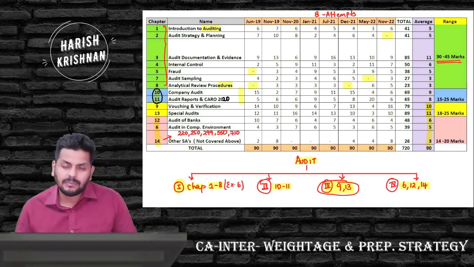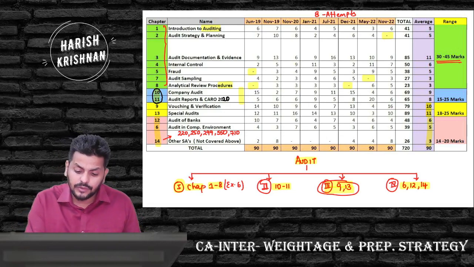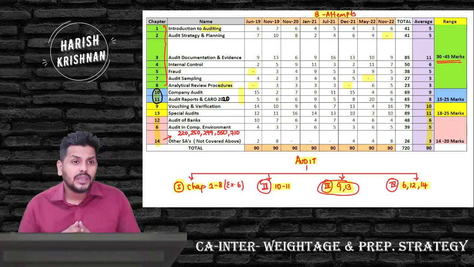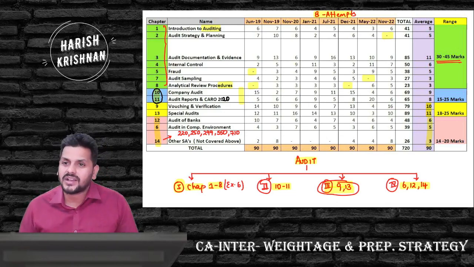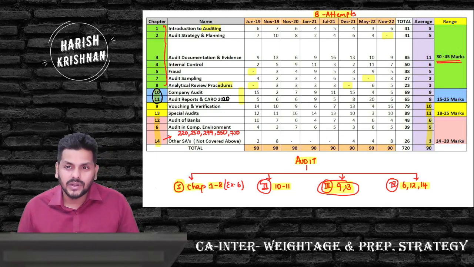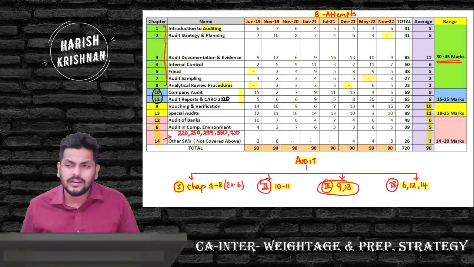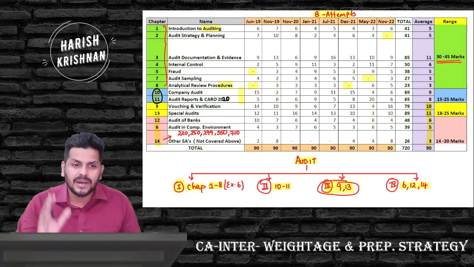So if somebody is watching me for the first time, this is how I break the audit CA Inter syllabus into 4 parts. If you haven't tried this, do it. First, you get an understanding of how we work around, right? Like I said, the revision videos are all absolutely free. You can understand what audit is all about and how I'm teaching, and a similar exercise is done for EIS and SM. So please do check out the channel and the previous videos in a little detail, so that it helps everybody to find a pathway and go for it.